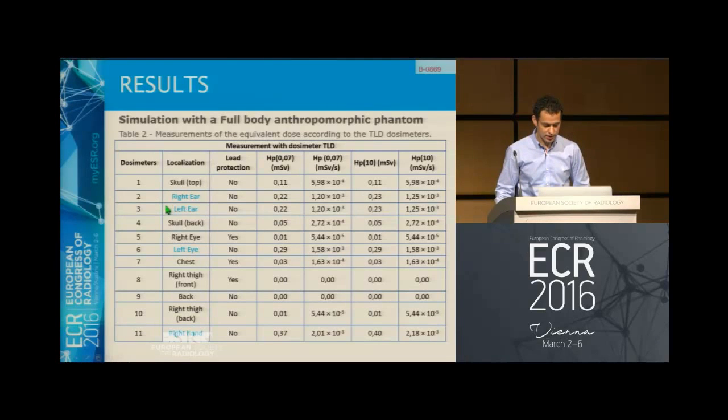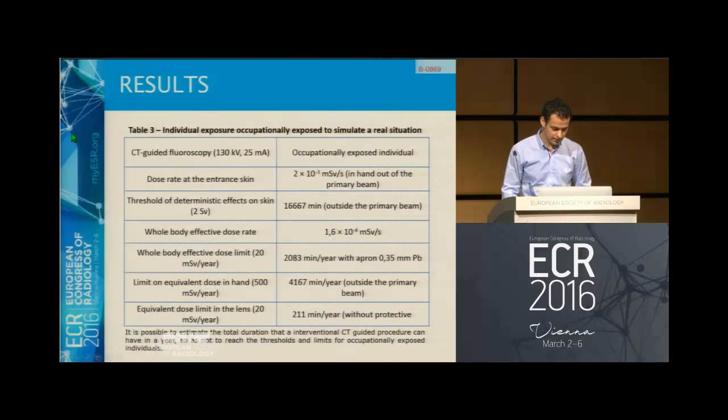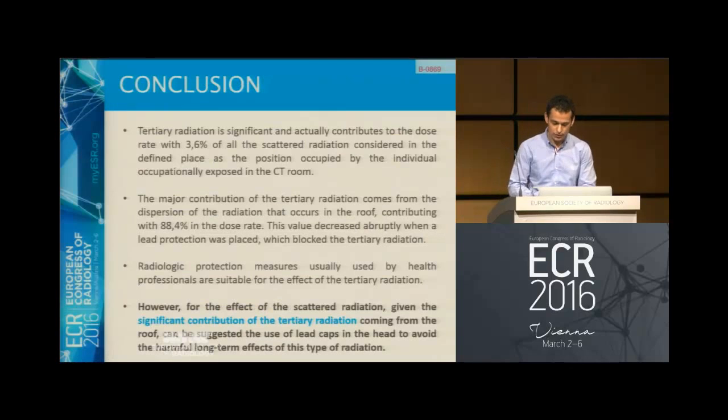On the phantom, these are the areas that had the most radiation exposure, so the left eye, very sensitive anatomical places. And then we calculated the individual exposure for occupationally exposed individuals in a real situation for a given year. You can see here for different parameters and the doses. And here, yes, we have to take into account the tertiary radiation. So in conclusion, it only contributes with 3.6%. And of course, the major contribution of the tertiary radiation comes from the dispersion that occurs on the roof,